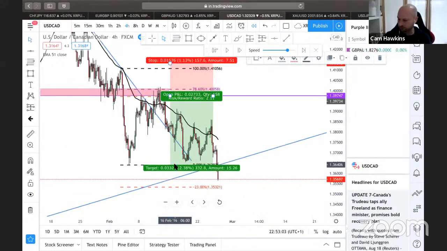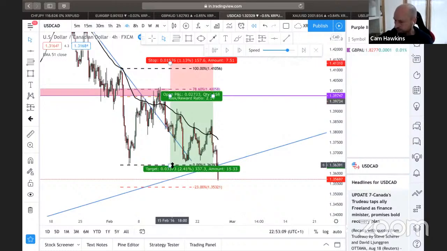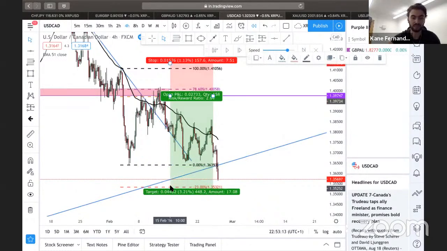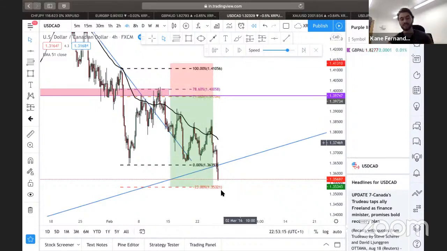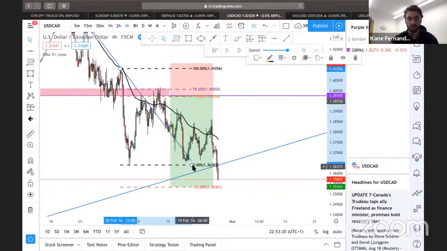Can we work that out? So it's a 2.11. 2.11. Okay. 2.14. 2.14 R. And then obviously I'd take, as I said previously, I said I would close the whole position at the minus 23. So let me just, so you can watch me do it. I'm not cheating or anything. I'm just moving the Fibonacci across like that.